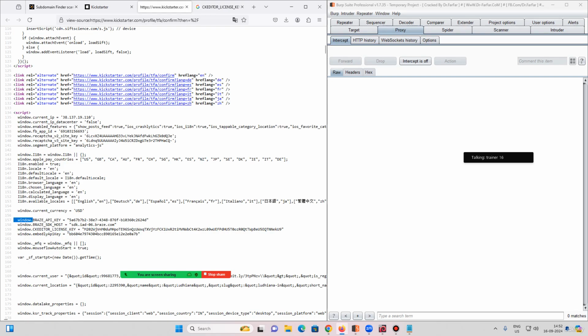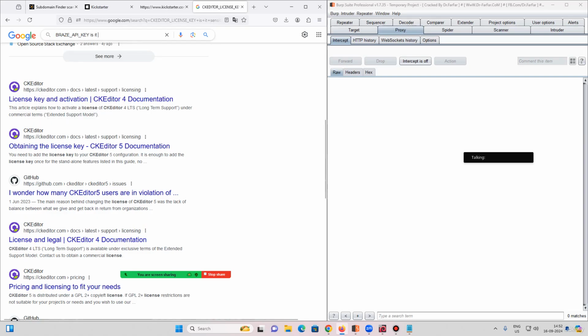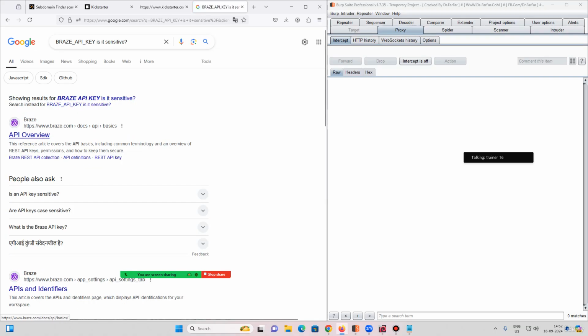Braze API key. It won't be sensitive if it's like,